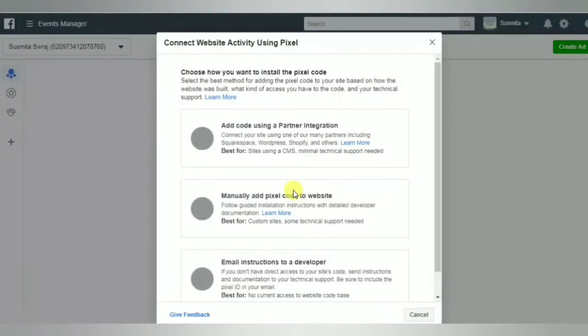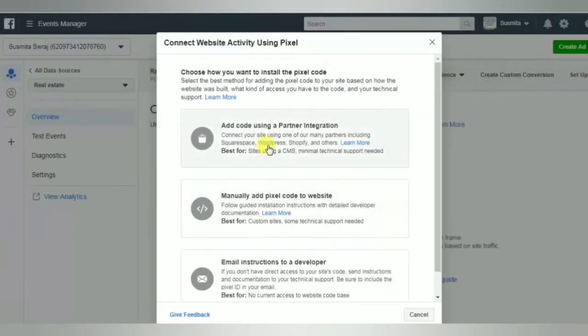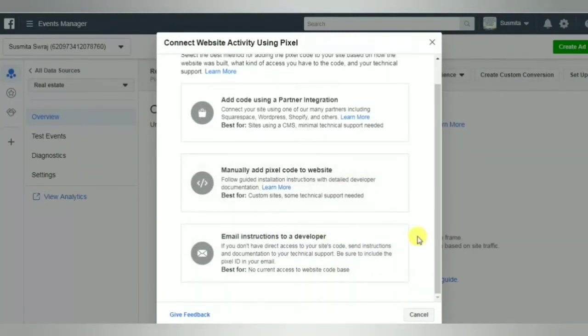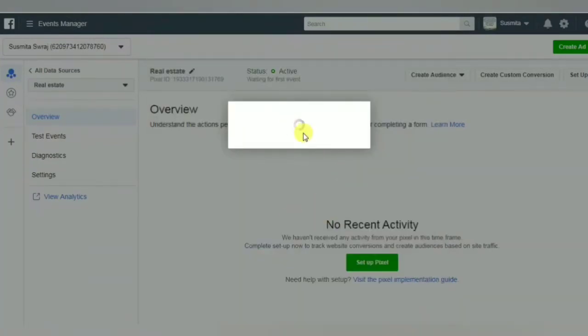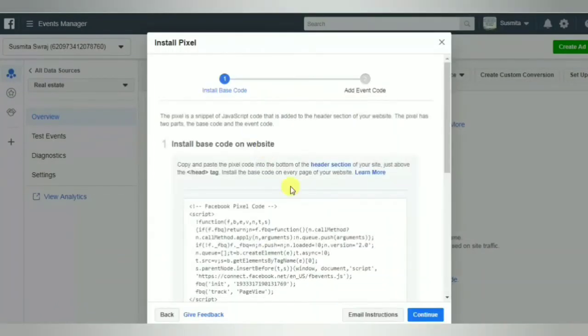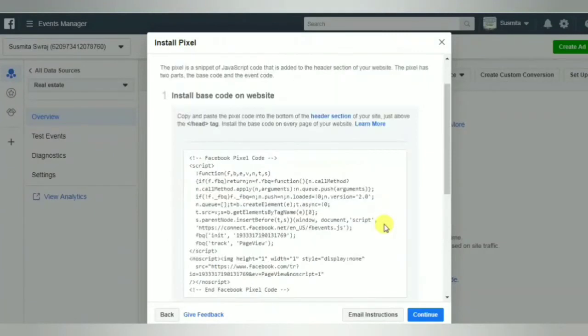Now you have three options to add the code to your website. Number one option is using a partner integration. Number two is manually adding the code to your website or emailing instructions to your website developer. I recommend these two options. If you know some technical things, you click here, copy the code, and paste this code onto your website.